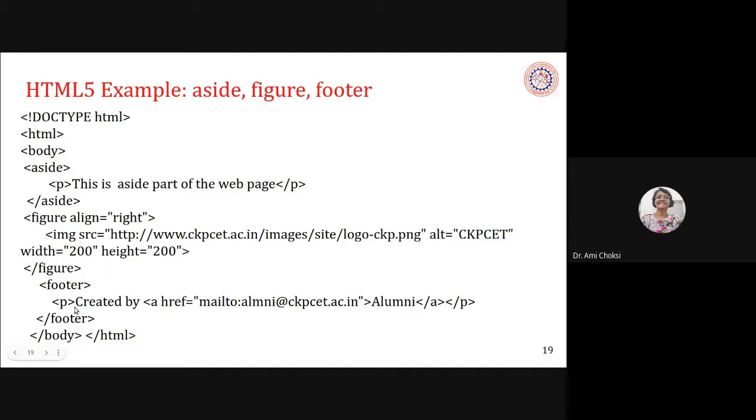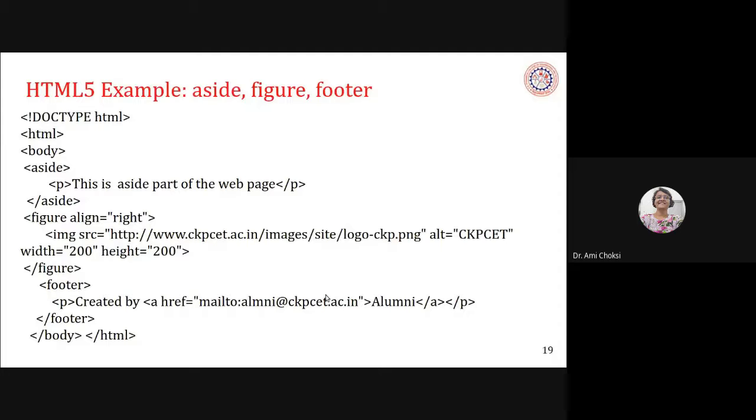There we are specifying p, created by, say, a href equal to mailto alumni at ckbcet.ac.in, and end a tag and p tag. So this is the way we have specified the footer tag. That is what we use for specifying copyright information, or a mail-to link. Such information we can provide in the footer, and then body and HTML.